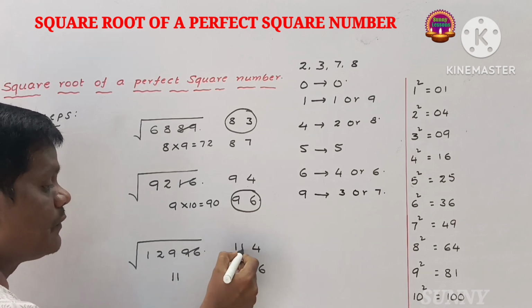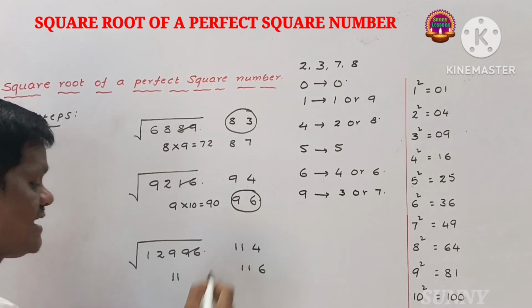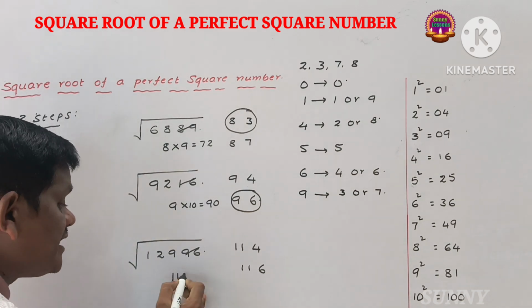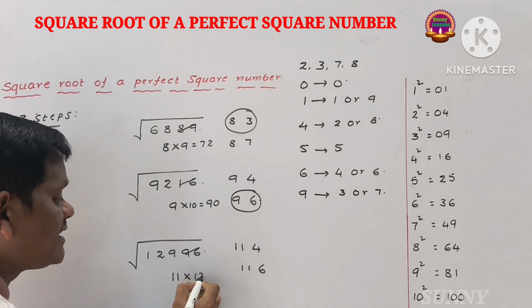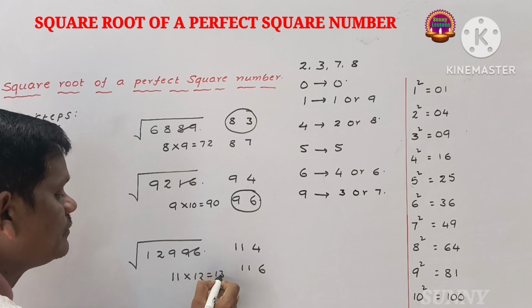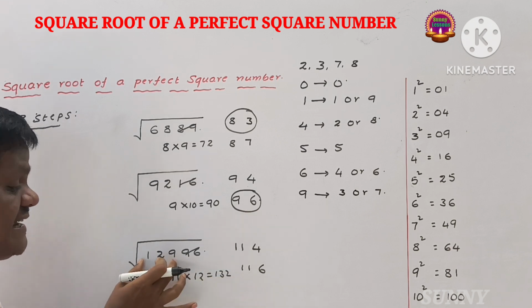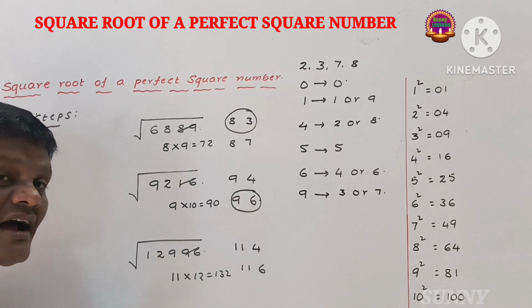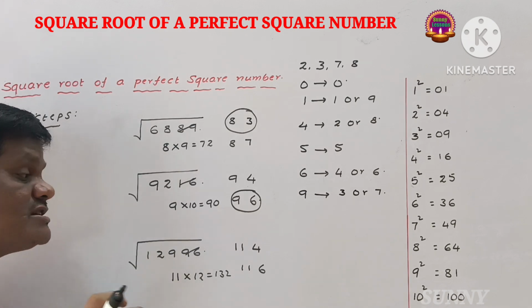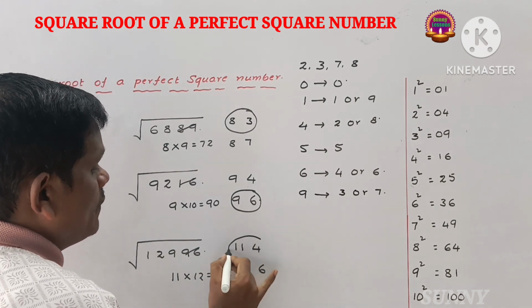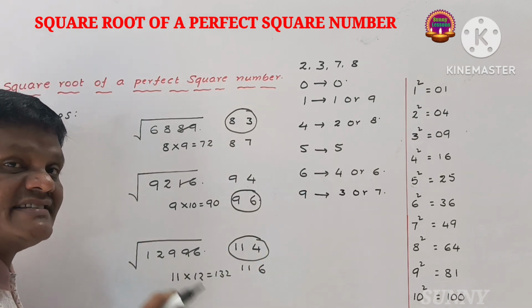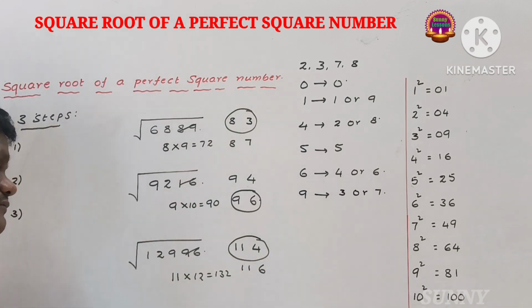So write 11. The product of 11 and the number immediately after it, 12, is 132. 129 is less than 132. That's why our answer uses the smaller number. So 114. The square root of 12996 is 114. Square root of